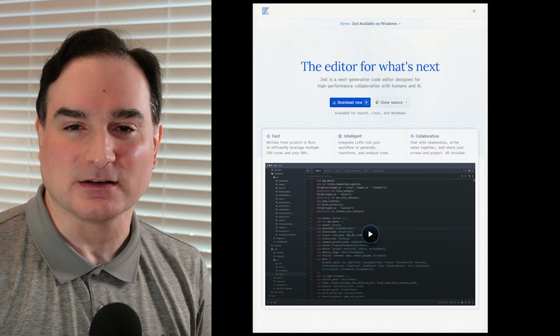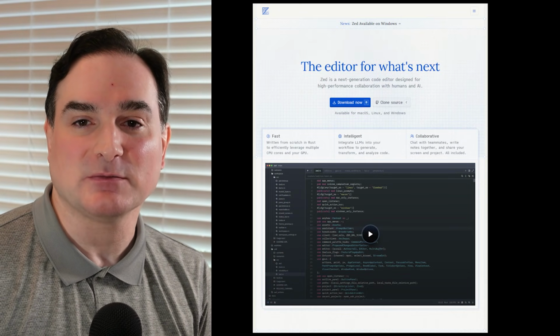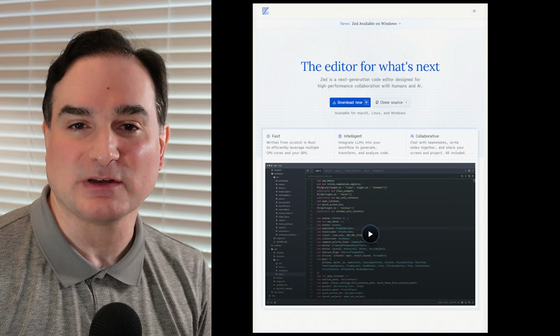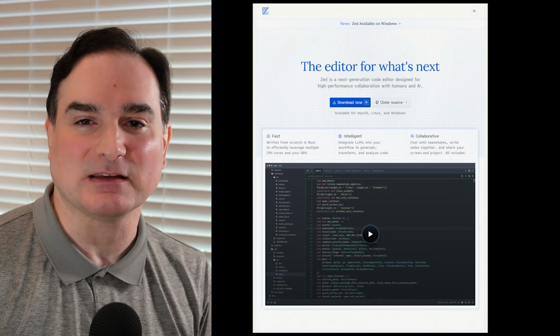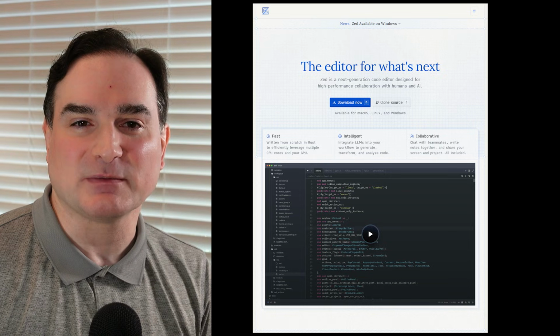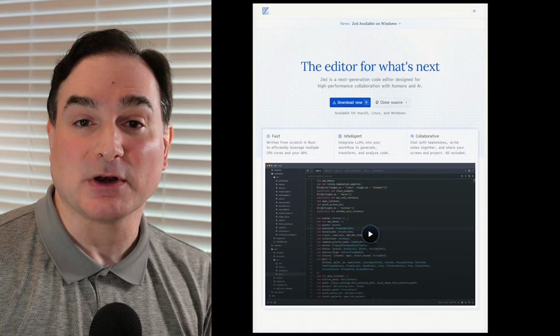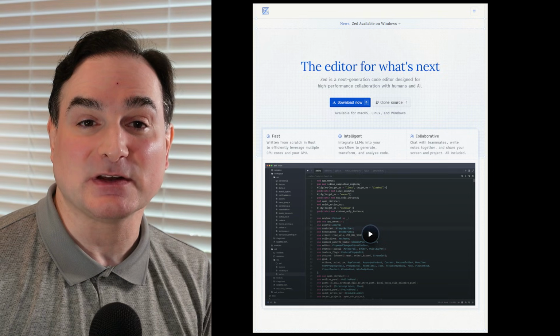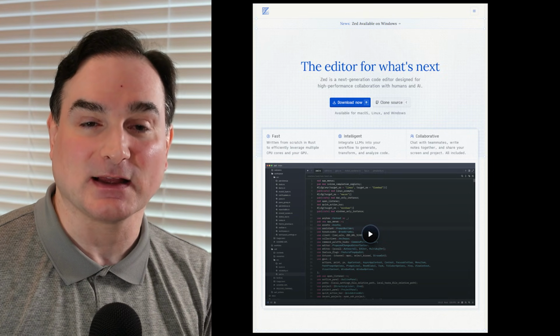The Z editor, now available for all three major operating systems, is being pitched by its creators as a next-generation code editor designed for high-performance collaboration with humans and AI. It's from some of the same people who created the Atom editor, which is no longer being developed. But unlike Atom, Z is being developed as a platform-native application in Rust instead of a web UI Electron-based app